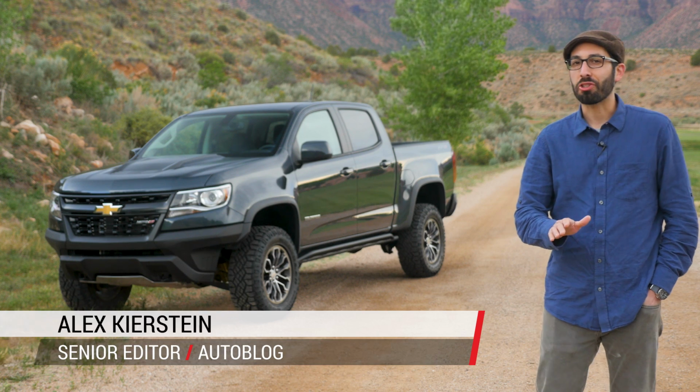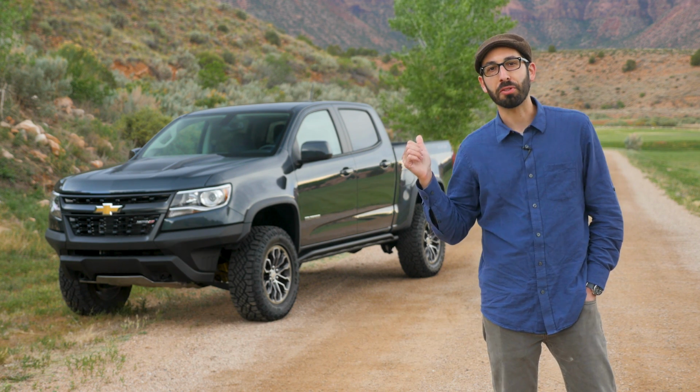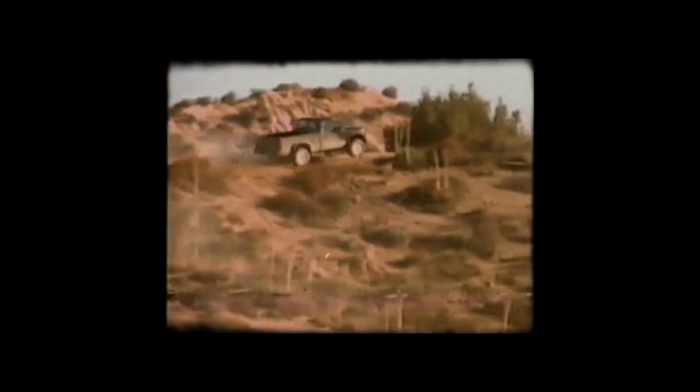For 2017, Chevrolet is bringing back the ZR2 off-road package on the midsize Colorado you see behind me. What that means is this Colorado midsize pickup gets wider, it gets a lift, and it gets all sorts of specialized off-road equipment. It's also a historic submodel because in the mid-90s, Chevy produced an S10 and S10 Blazer with